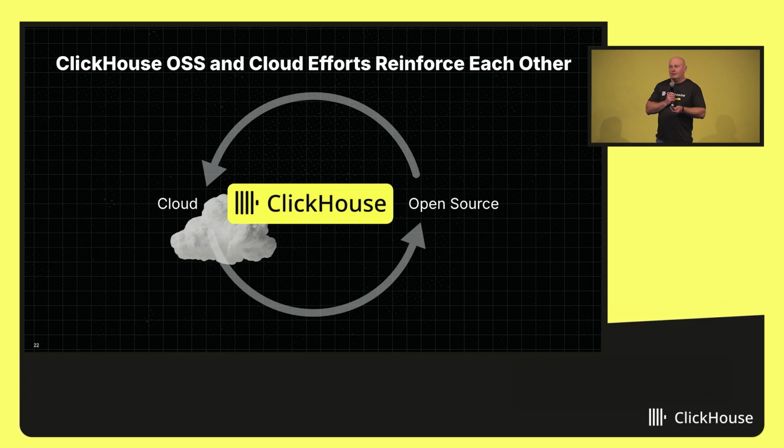At the end of the day, open source and cloud product are not in conflict with each other. Open source provides the core database capabilities, and the popularity of this fuels a lot of demand for a cloud product. And our cloud revenue then funds more development in the open source. So the two sides support each other, they reinforce each other, and ultimately we end up with better open source software and a better experience for our cloud customers.